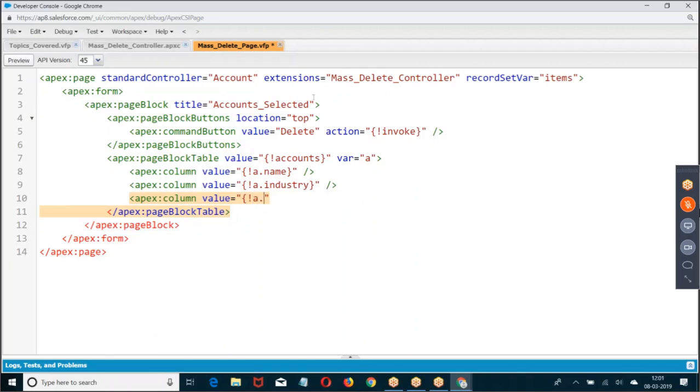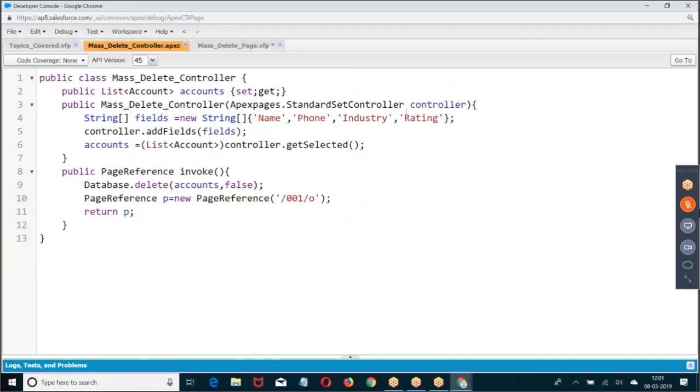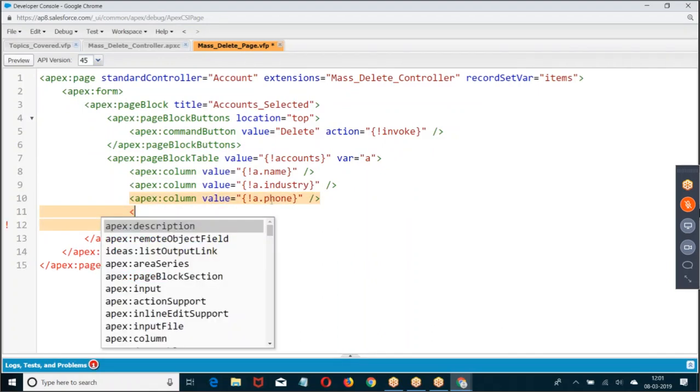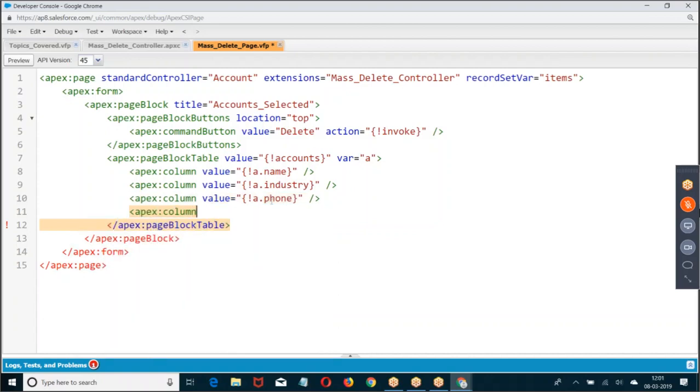You know what is the other operation we are doing? Name. Right. This is how we create.